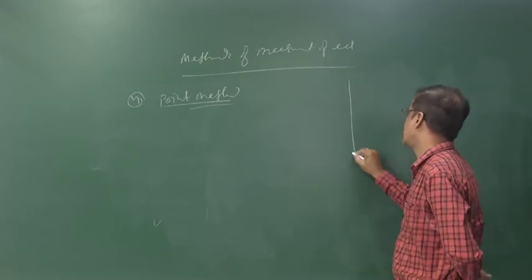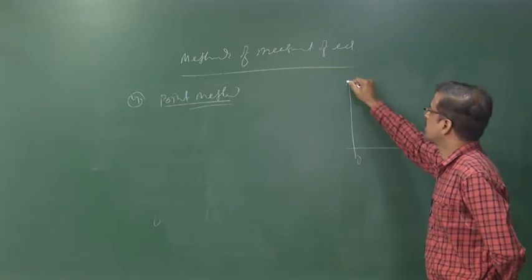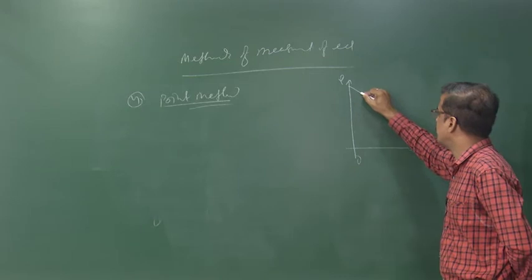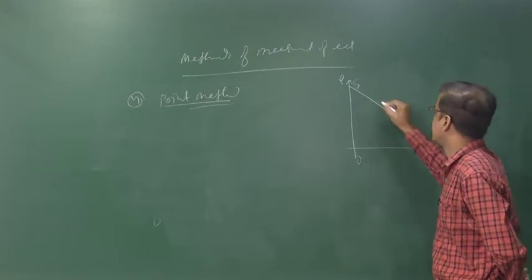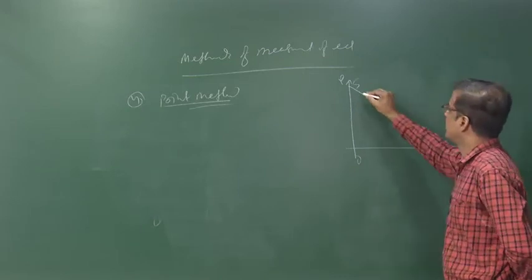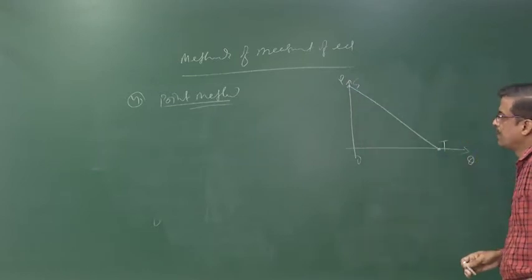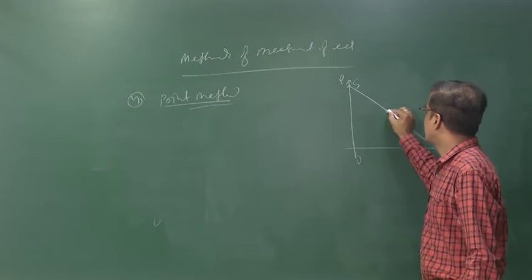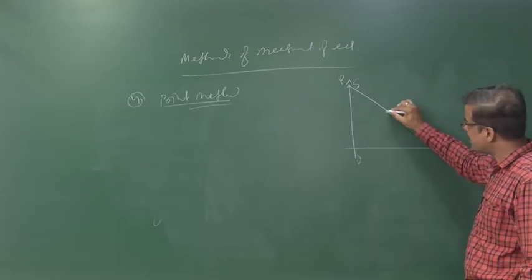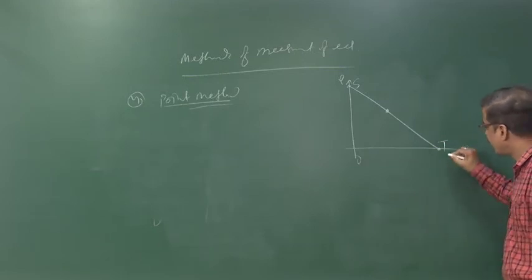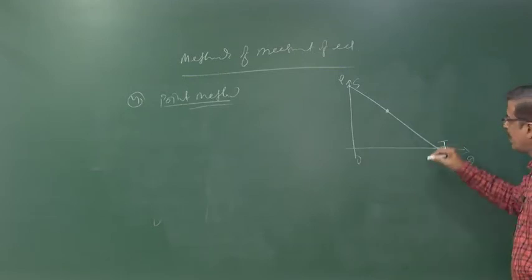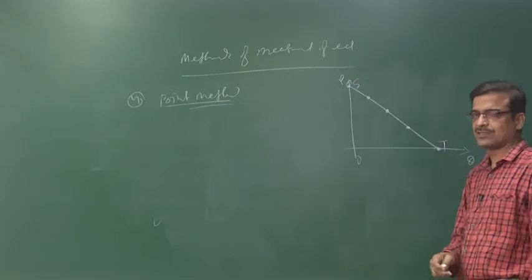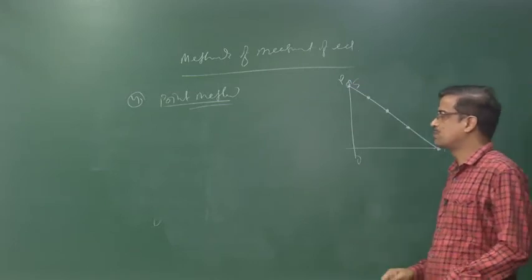Suppose the demand curve is here, this side is the price and this is the quantity demanded, and the demand curve is, let us say, S and T. The demand curve is ST. Now what is the elasticity at this particular point? How to find the elasticity at this point, as well as at this point or this point? Actually there is a process for calculating it.